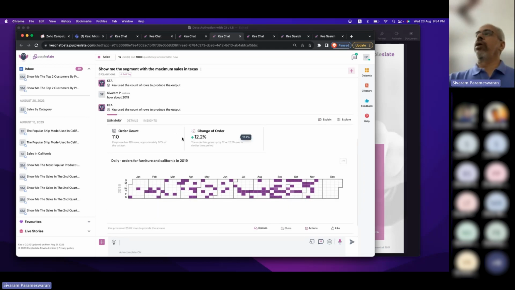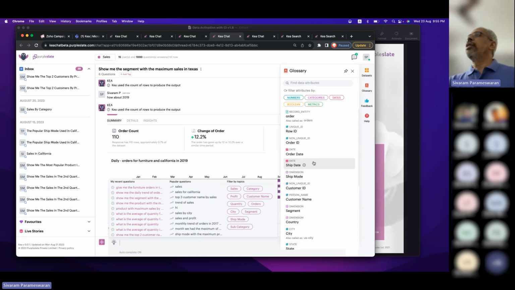It has gone up, and it also gives me a few more inputs. Since we are talking about a specific year, it says compared to the previous year, it has gone up by a delta and so on. That's the way you can engage in a conversation. It's another example of how we are trying to apply conversational AI related technology to data analytics. So absolutely, it's free-format English questions you can ask on any of the attributes. So what do we really mean? What does this data set contain?